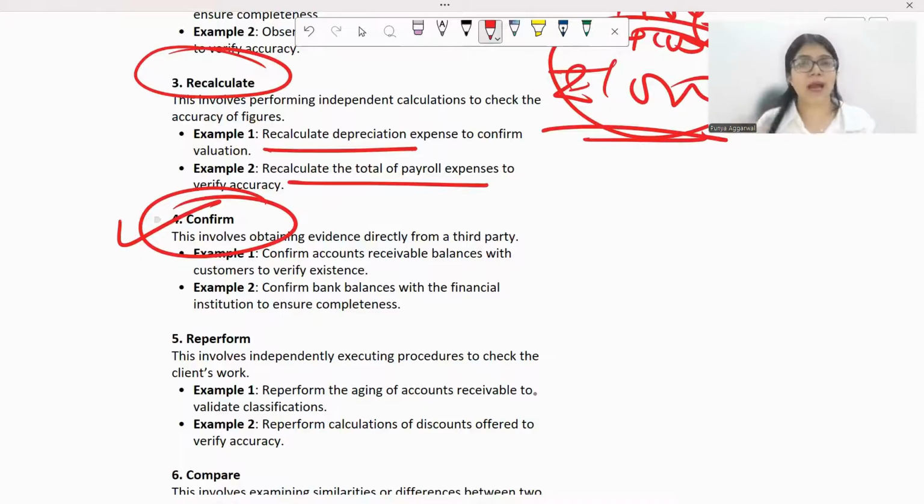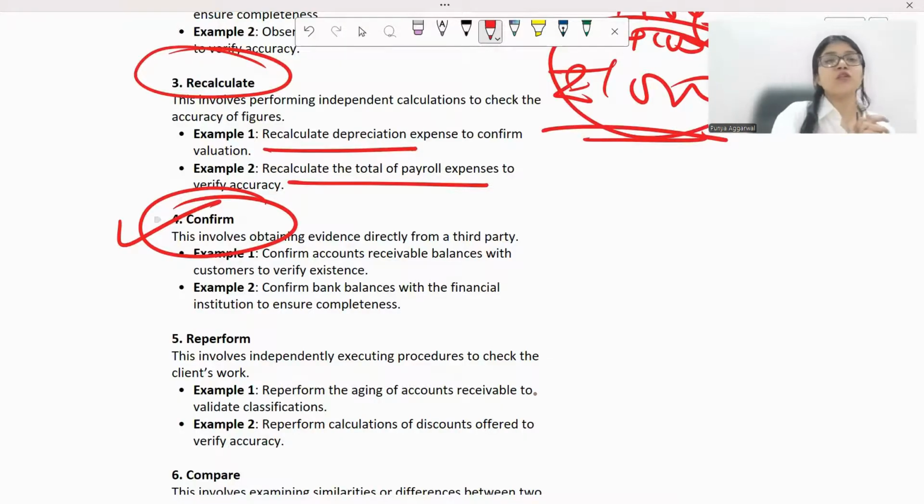For example, I have taken a bank loan, so I can go to the bank, I can talk to the manager, I can ask that this company has taken this much amount of loan, what are the covenants, what is the interest percentage, what is the principal amount, etc. Or if there are some receivables, I can talk to the third party and ask them by when will you pay. Or if there are payables, I can talk to the supplier. So third party basically means not management.